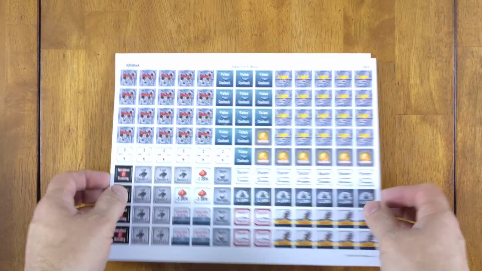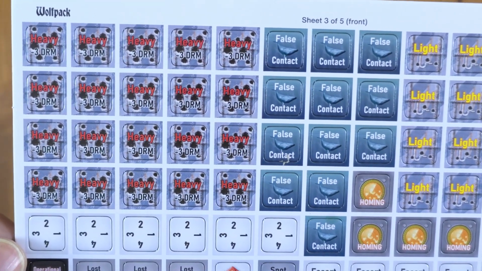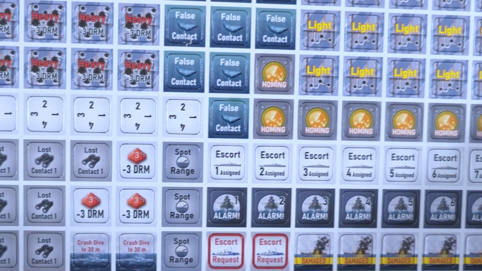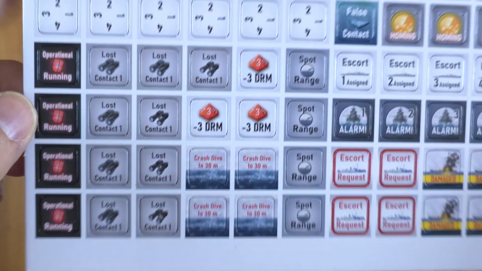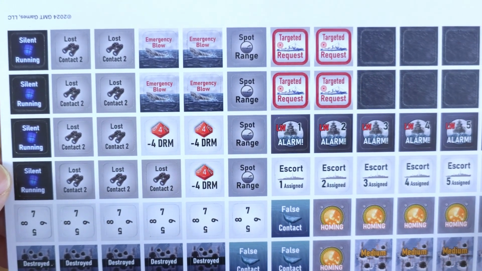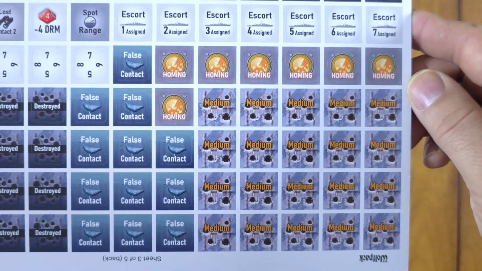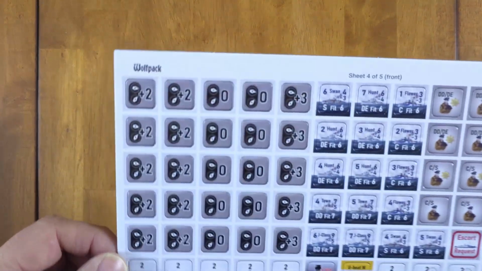Good looking stuff. They pop easy because I just almost popped one out. False contacts, homing torpedo, escorts, lost contact, operational running, flip it over, silent running, emergency blow, here's your DRMs, alarm. Pretty cool. All right, and the last sheet